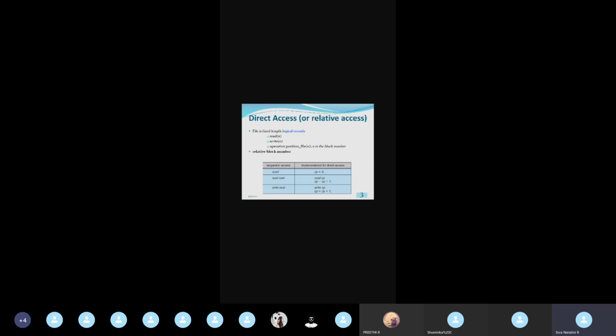If you are having sequential access, it means reset. If we reset, automatically the current position will come to 0. So for direct access, what will we do? We have to assign CP is equal to 0. Okay, clear? This is how we'll be converting sequential access to direct access when our system supports both sequential access